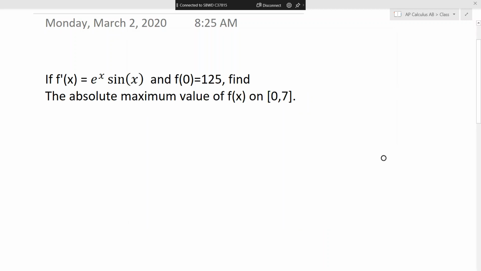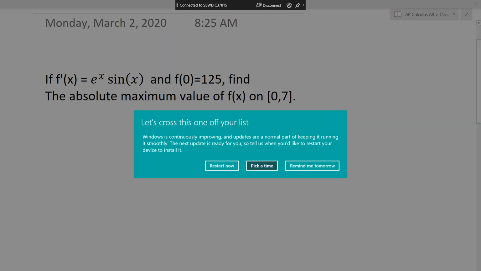This is a super common question on the AP test, all right? And I want to talk about the difference between finding absolute maxes and finding local maxes. This will be a calculator question. I'm going to show you how to handle it, and the process is very specific to the AP test, okay? So, given